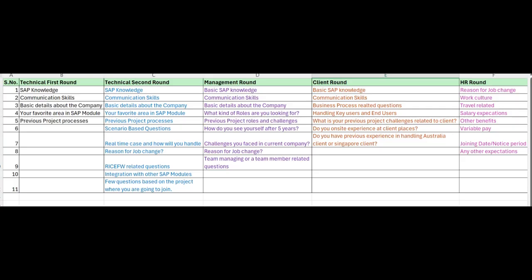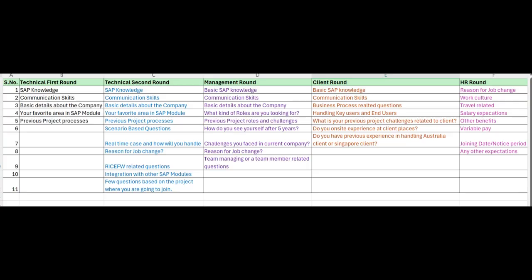But in 70 to 80% of cases, you will get the offer letter, you will join, and then you will attend a client round. If they shortlist you, you will be joining that project. If they reject you, they will allocate you to another client. They will give you 2 or 3 chances. If you are failing everywhere, then definitely it will lead to termination or release. Those kinds of things happen. So let's focus on our topic.